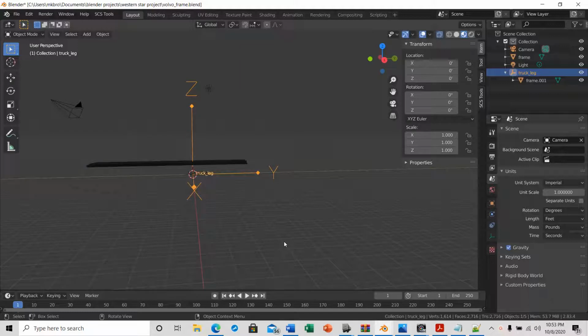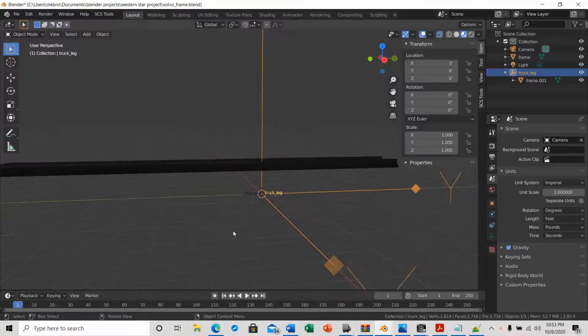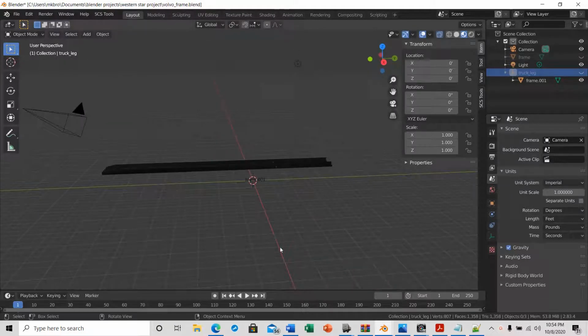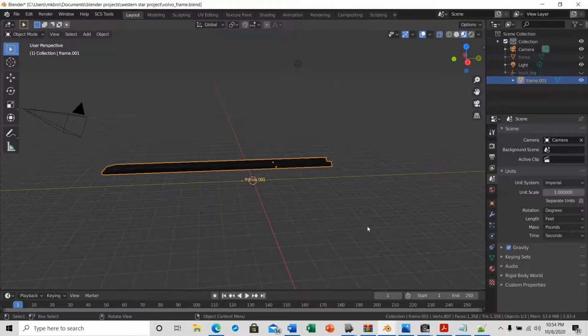Before we get started with this video, I'd like to let you guys in on something that I figured out, and this concerns my last video with stretching the frame. What I've learned is there's a much easier way to stretch this frame. If I bring back the original frame and I highlight it,